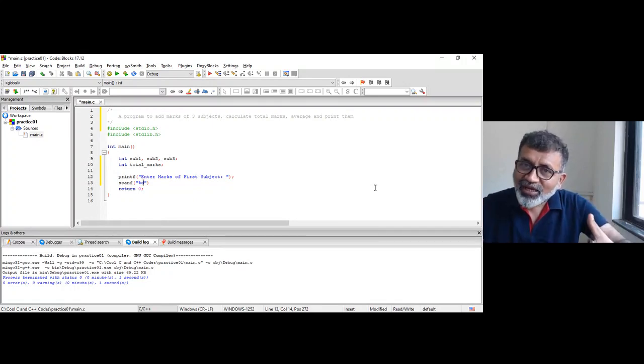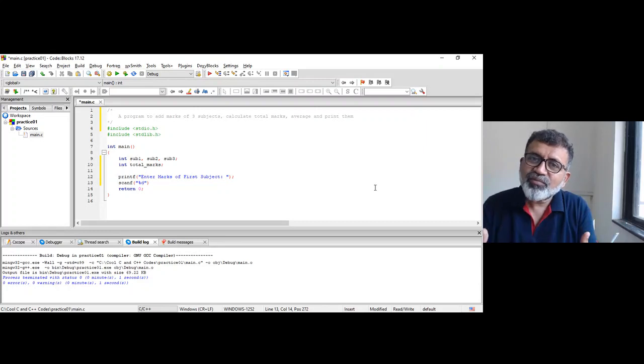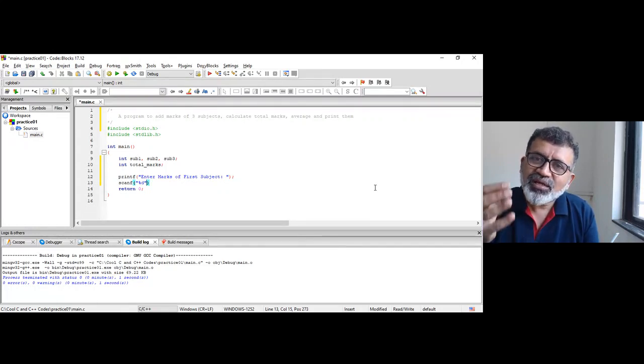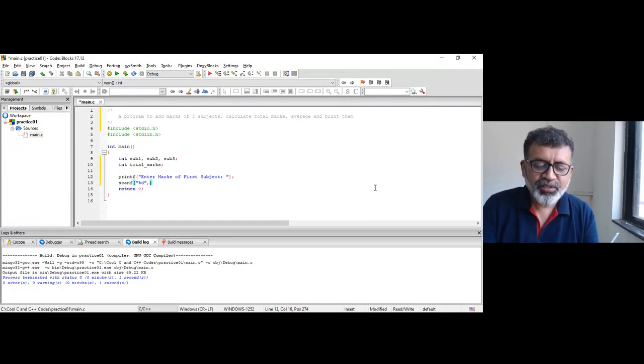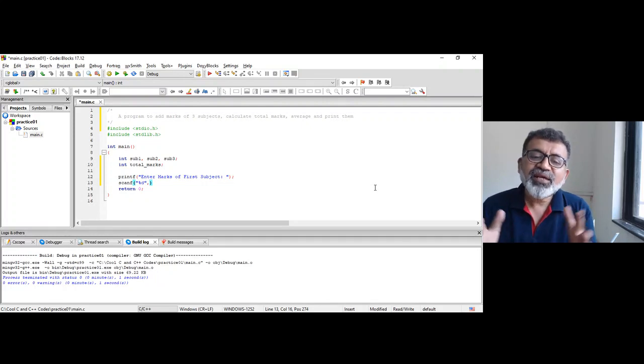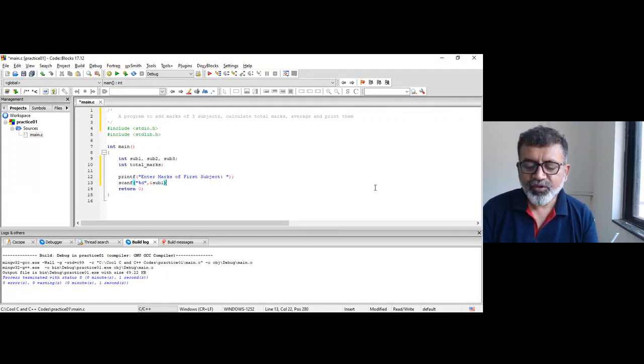Now, user is going to enter an integer, so you are telling the compiler %d is the format specifier for accepting the integer from the user. So at the time of scanf, the program will be waiting for the user input, right? Now %d and ampersand subject one, because whatever marks the user is going to enter, you are going to store it in subject one.